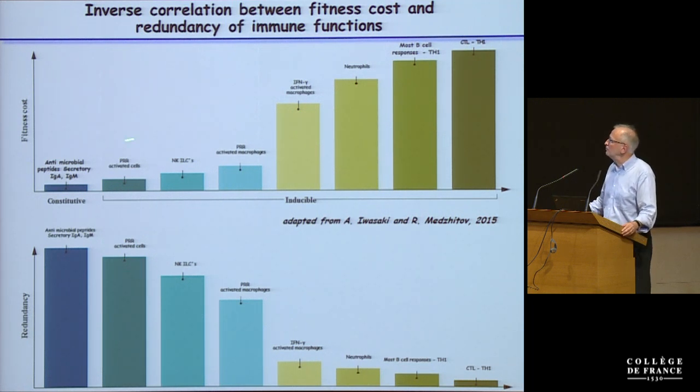So then if we go to pattern recognition receptors and activated cells, epithelial cells and many others, the response here may not be that costly because it is not associated with cell proliferation, for instance. It's not causing that much lesions and inflammation. And again, as I showed you, these pathways, as numerous as they are, are mostly redundant. Now I will not go into all of them, but NK and ILCs, again, there are very few of them, so that likely the cost of using them in an immune response may be not that high, and I showed you that there is evidence for